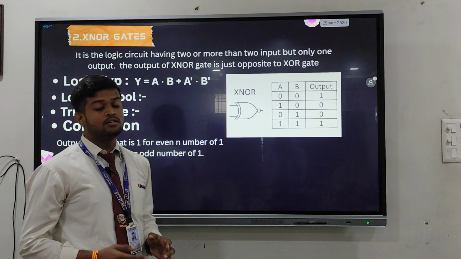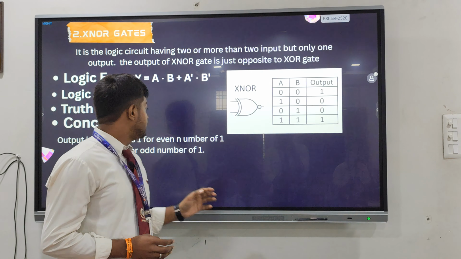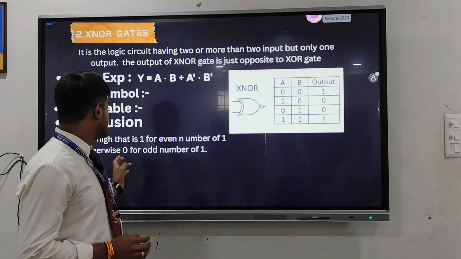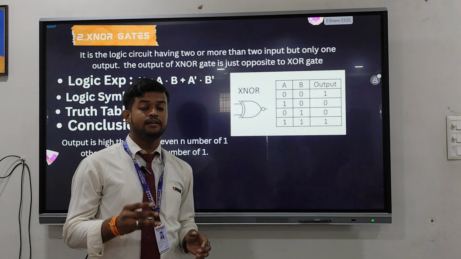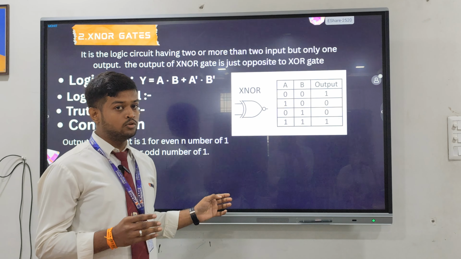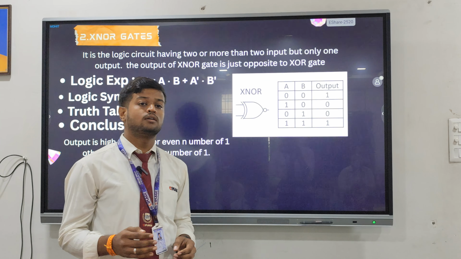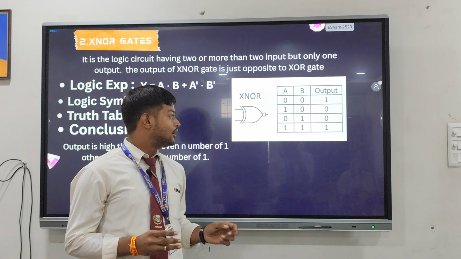So the conclusion of XNOR gate is, if the even number of 1s, then the output will be 1, and if the odd number of 1s, then the output will be 0.